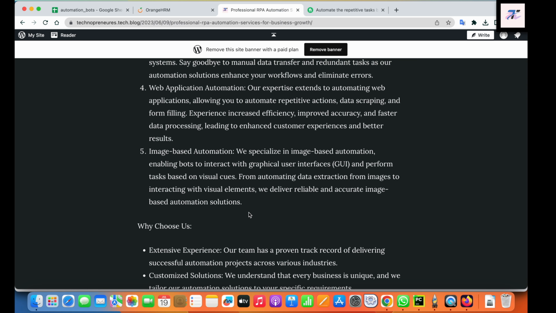And if there is any application which can't be automated, like there is no web application, there is no desktop application, we also provide image based automation. We are using Sikuli for image based automation. It will detect the image. If I want to click on this reader icon, it will take the image of the reader and check if 50 or 60% of the reader image is matching on this icon, then automation will click on this reader icon. So this is how image based automation works.